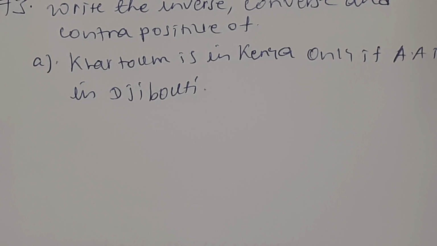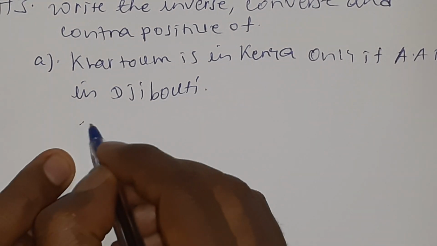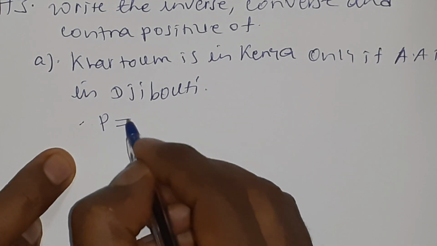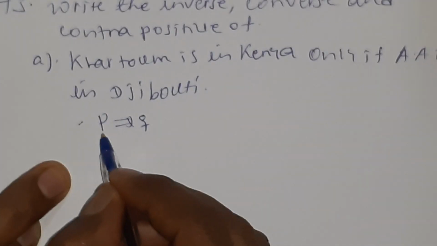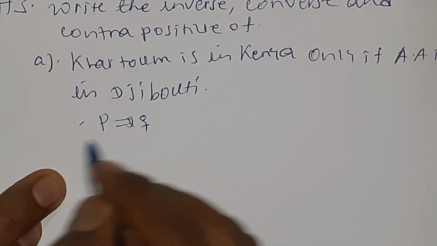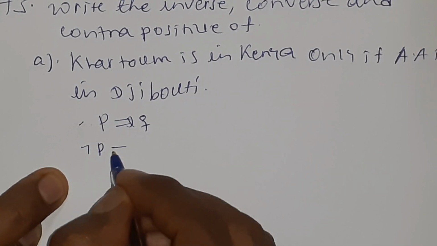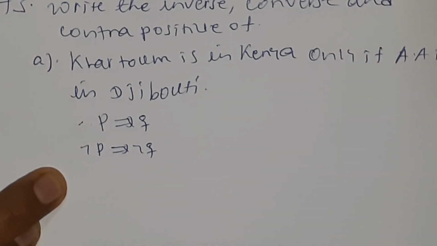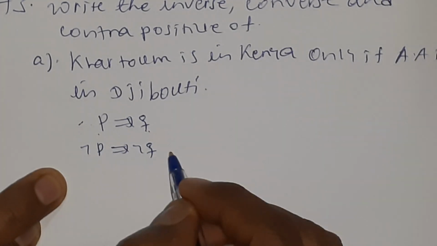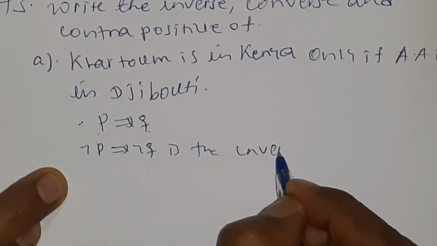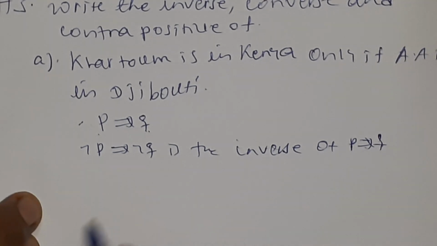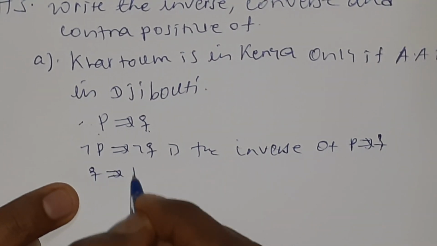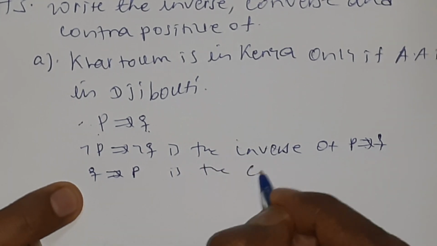So in order to have the inverse, converse and contrapositive of this one, we know that generally if we have a logical implication, that is P implies Q, the inverse of this logical implication will be the negation of P implies the negation of Q, that is, taking the negative of the if statement and of the conclusion. This is the inverse of P implies Q. And this one, Q implies P, is the converse